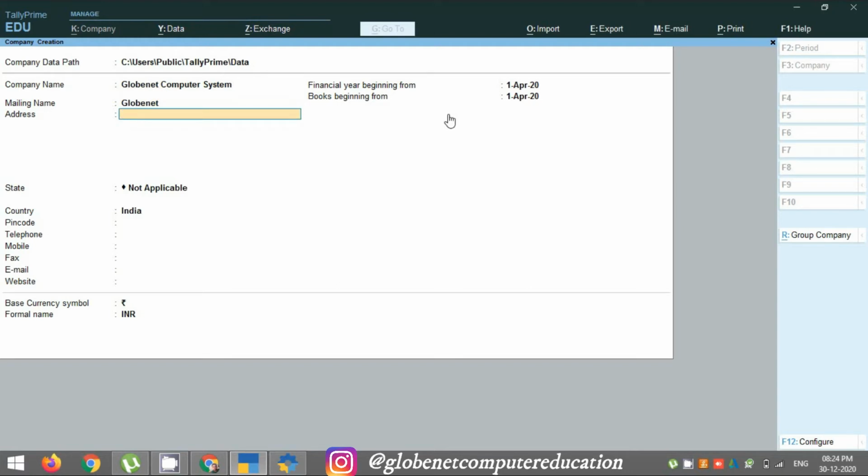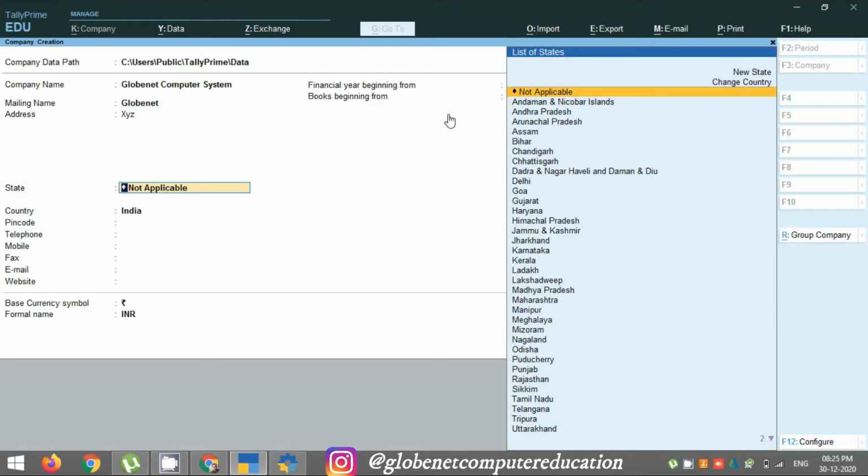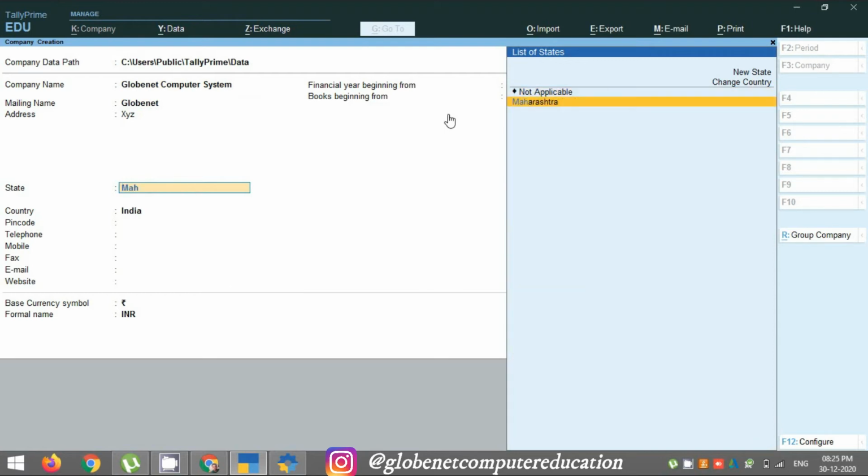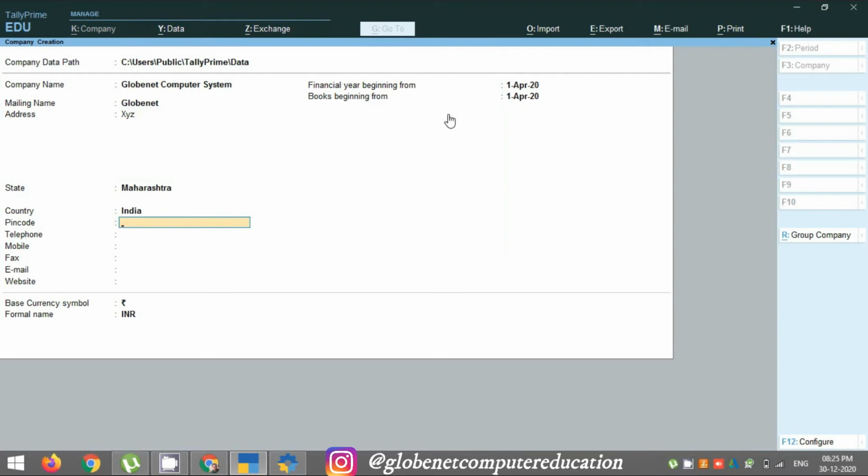Then address, you can put any address. Suppose I take it as XYZ. Then state Maharashtra. Pin code number, where this business or company is located. I can say it's 40023.